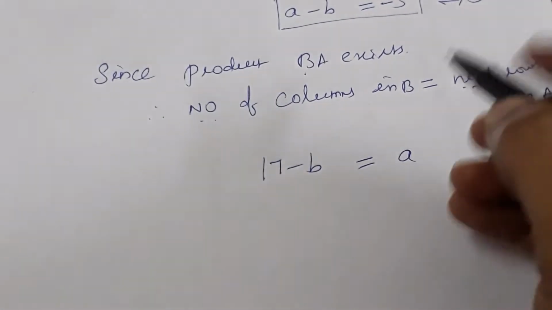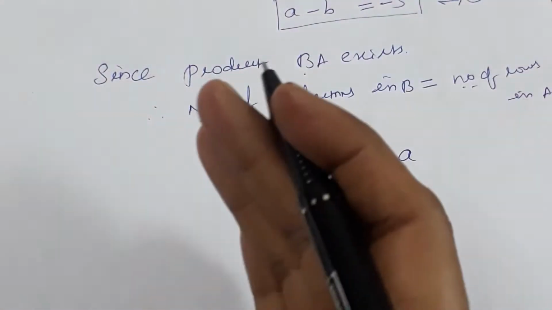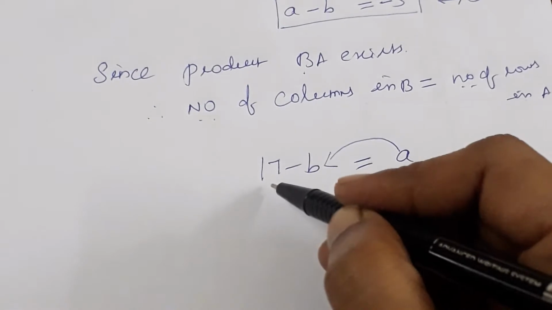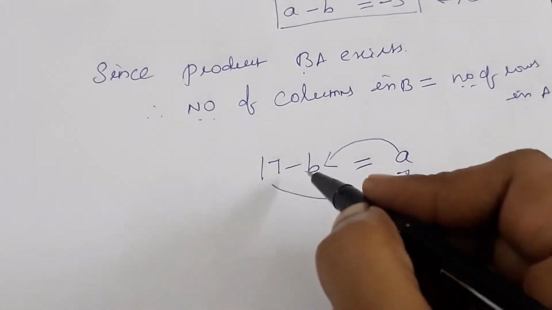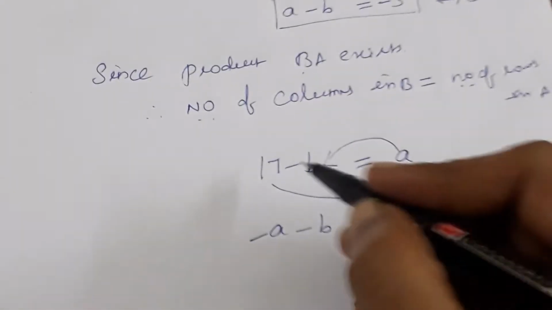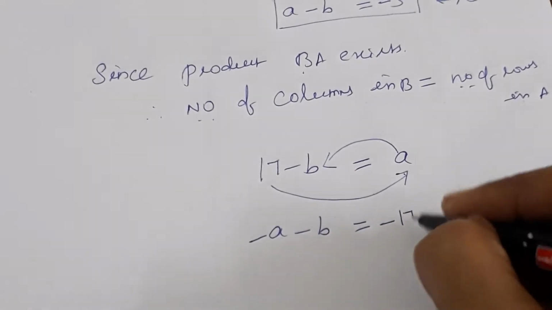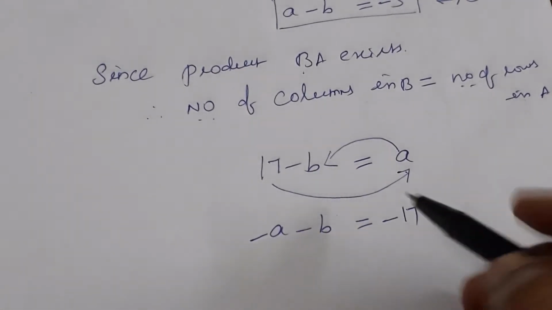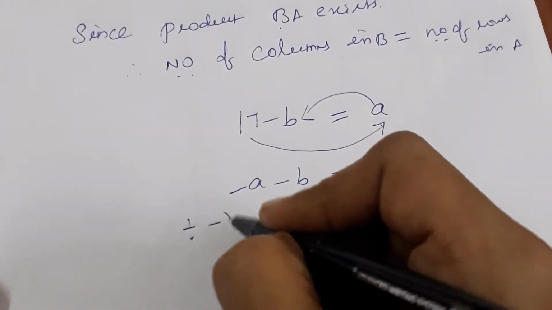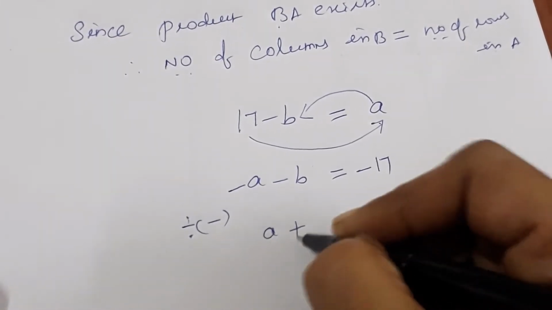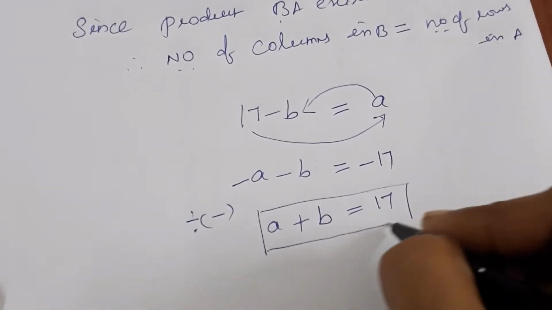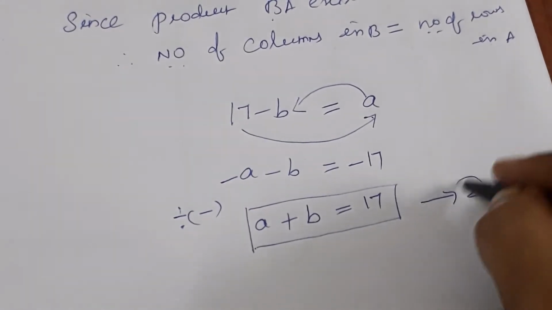So here also we have to bring all the variables to one side, constants to the other side. So bring this a to this side and 17 to that side. So plus a will come here as minus a. Minus a minus b equals plus 17 will go there, no? So minus 17. So in this equation we have all negative signs, so we can divide by minus. So what will you get? a plus b equals 17. Here we have another equation. Call this equation 2.